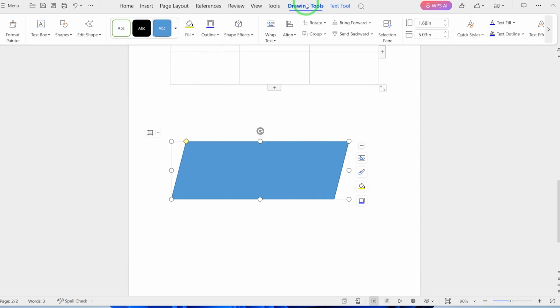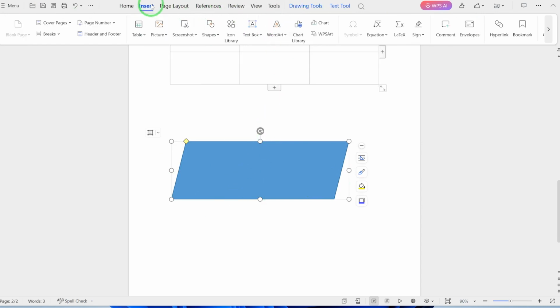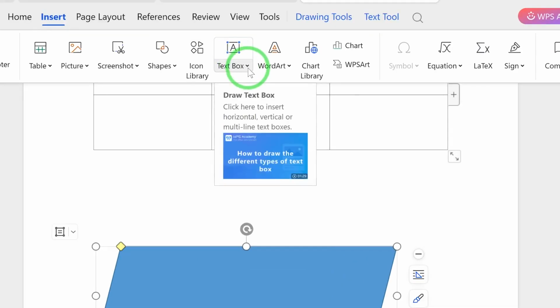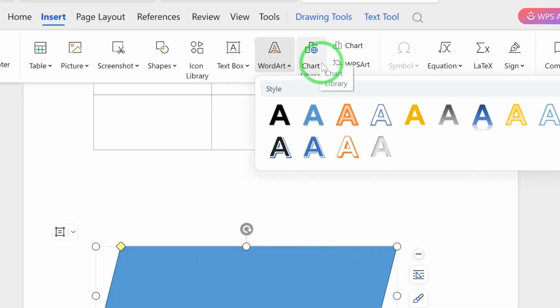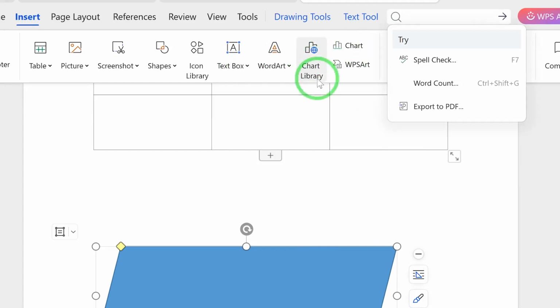And you can see the drawing option over here coming out, and you have the option to change all these features accordingly from here directly. And then you have, still at the insert, you can insert multiple things like the text box. If you want to insert text box anywhere, or word art, or if you want to insert a chart library,